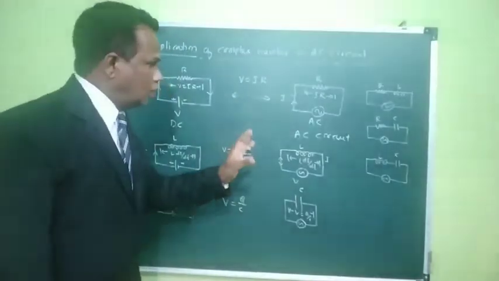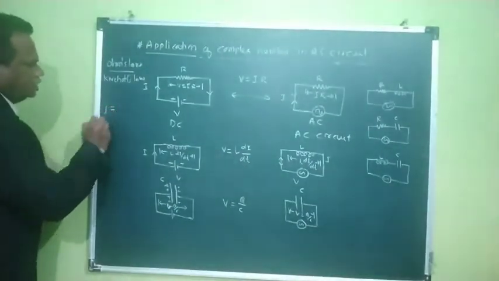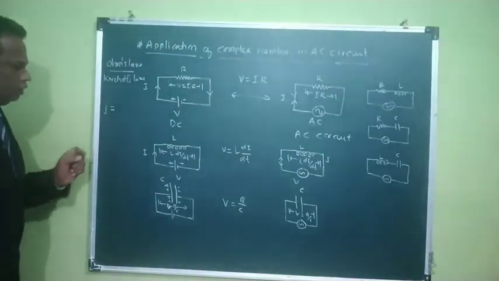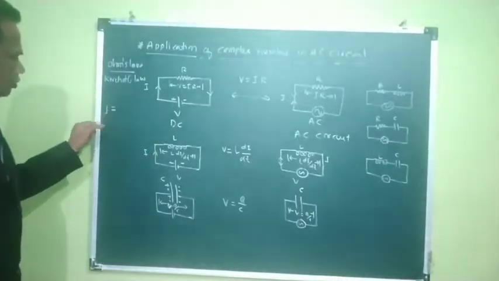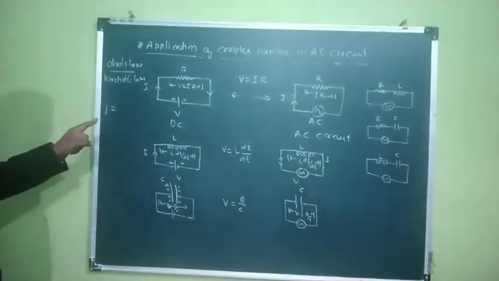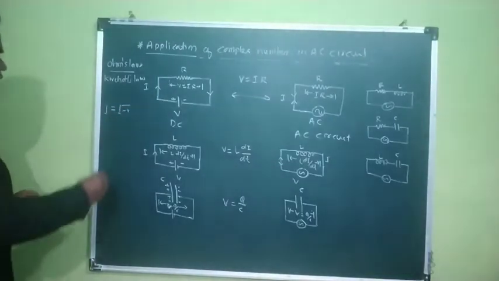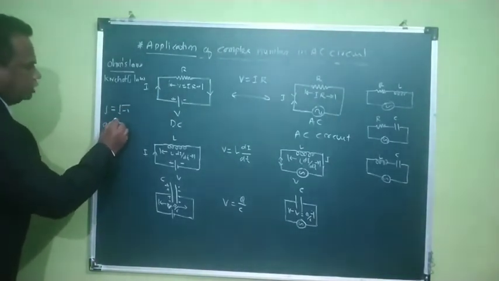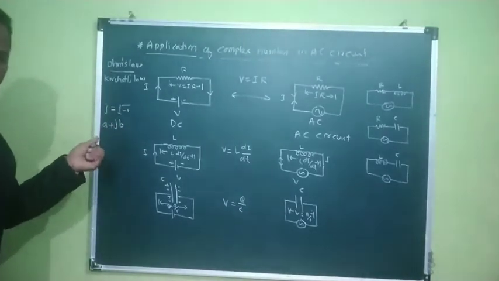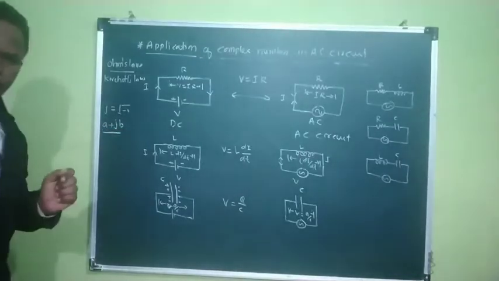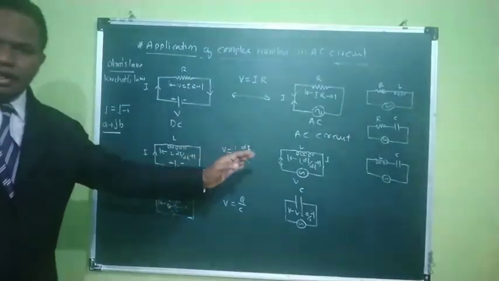So we are going to apply complex numbers. Where are you going to apply them? You know that J is the complex operator. Whenever you apply the J operator to any real value, that real value is changed into a complex number. So A is a real number and jB is the imaginary number, and the imaginary number plus the real number makes a complex number. Now such a complex number can be applied to any circuit.